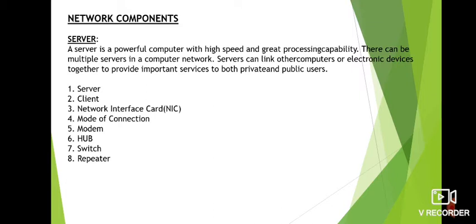Suppose you created one network, and suppose in your network a total of 100 computers are there. To identify a single machine among all the connected 100 machines, we need a unique identification, that is NIC. Through this, we can provide a unique physical address to each and every computer. Next is mode of communication.